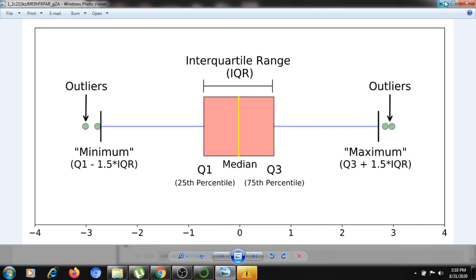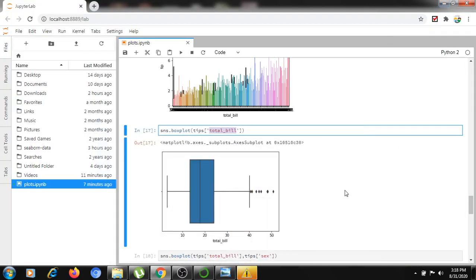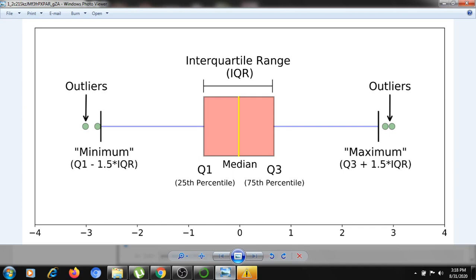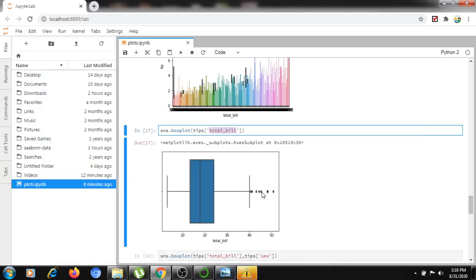In our ML methods, we need to move these outliers inside, so we need to use some methods, which we'll discuss in the upcoming sessions. This is just to understand how the outliers are displayed. If you calculate the maximum value as Q3 plus 1.5 IQR, and a value is more than that, we represent it as an outlier with a dot. These are the outliers. Until here, this is the maximum value, this is the minimum value, Q1, Q2, Q3. These percentiles are represented with the box plot.